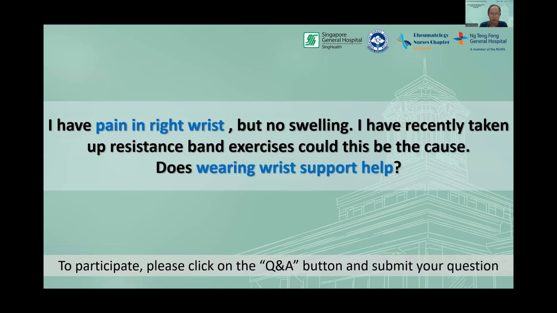Yeah, but if all this is still causing pain, then I strongly suggest going back to the therapist who prescribed you the band exercises to see if it can be reduced, or if they can lower the intensity, but perhaps increase the frequency of the exercise. I hope this helps. Thank you.